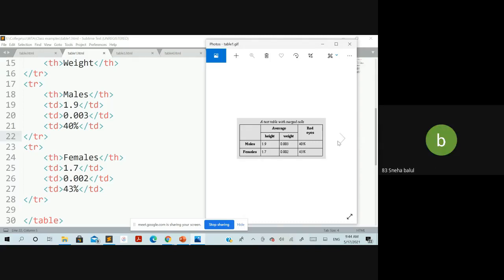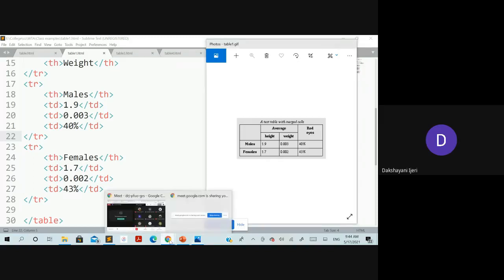What I want you to do now is, I will give you two tables for which you need to write the program, and you have to demonstrate that program in the next class.